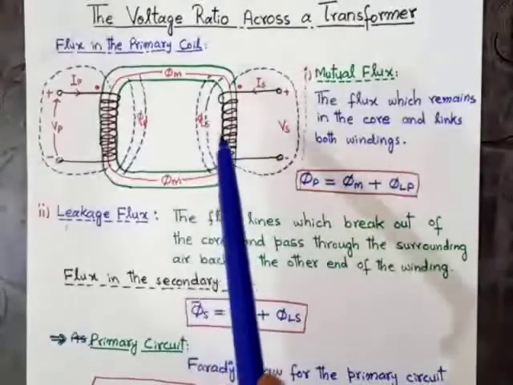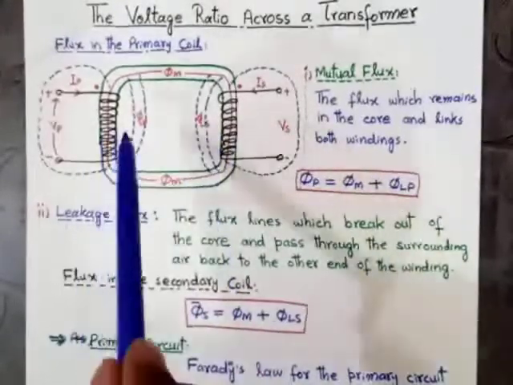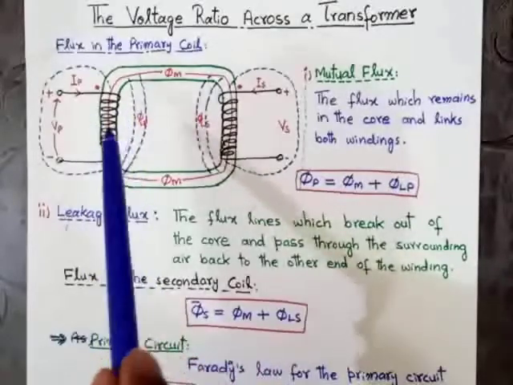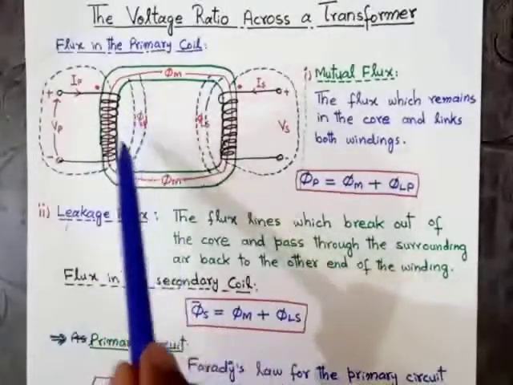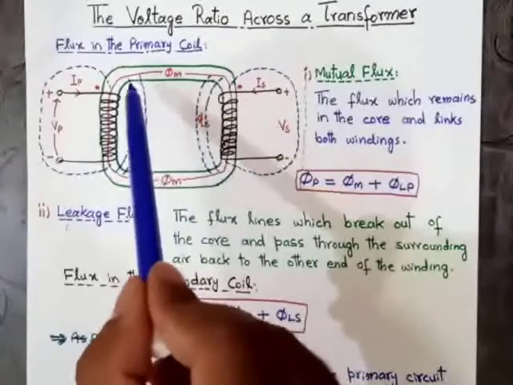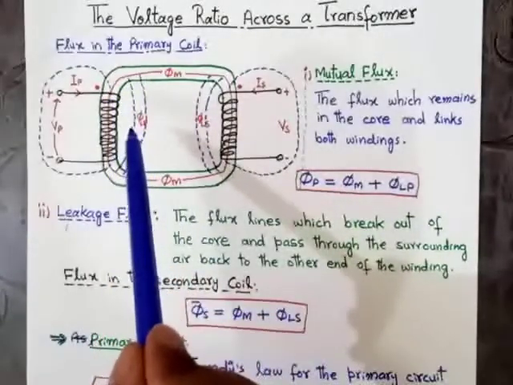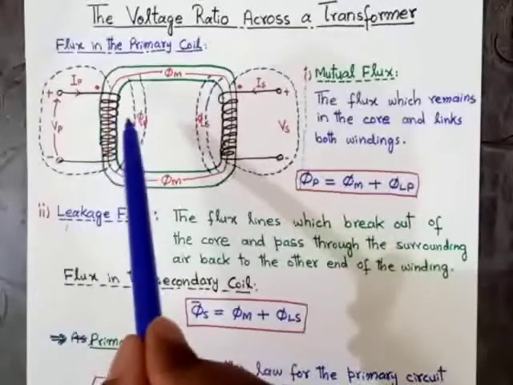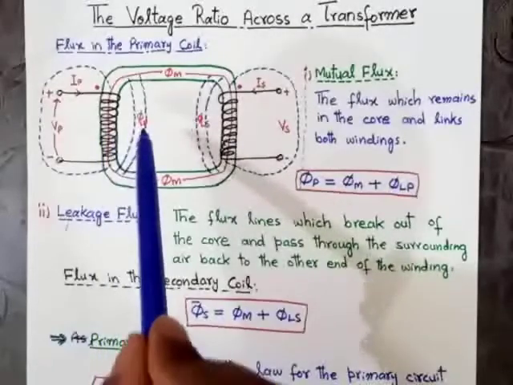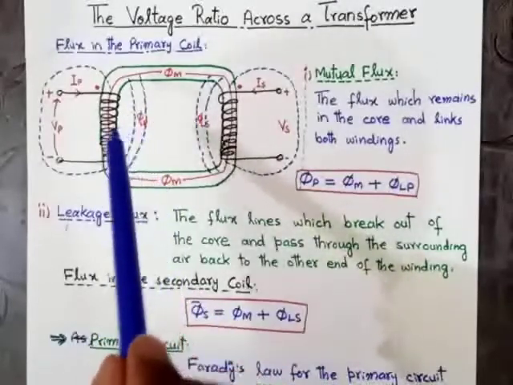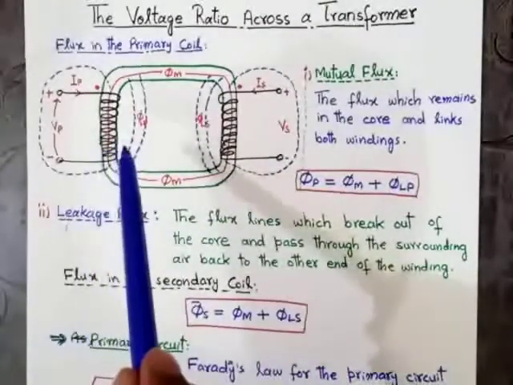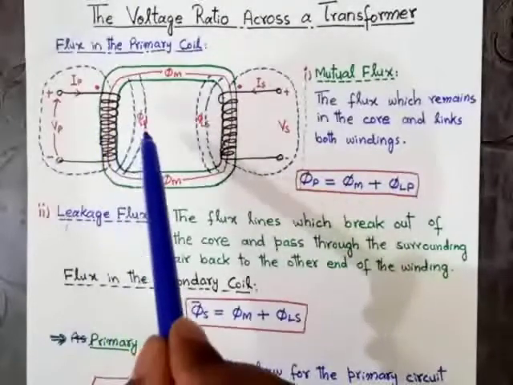But in a real or practical transformer, some of the magnetic flux lines break out of the core and pass through the surrounding air, as you can see in this figure. Maximum flux will remain inside the core, but some of the magnetic flux lines break out of the core and pass through the surrounding air back to the other end of the winding. So as you can see in this figure, for the magnetic field produced by the primary current,